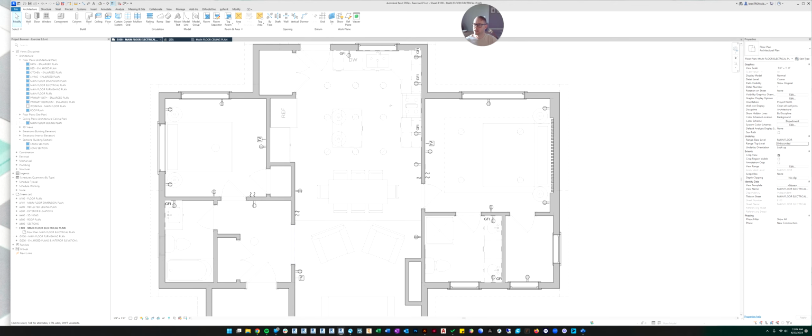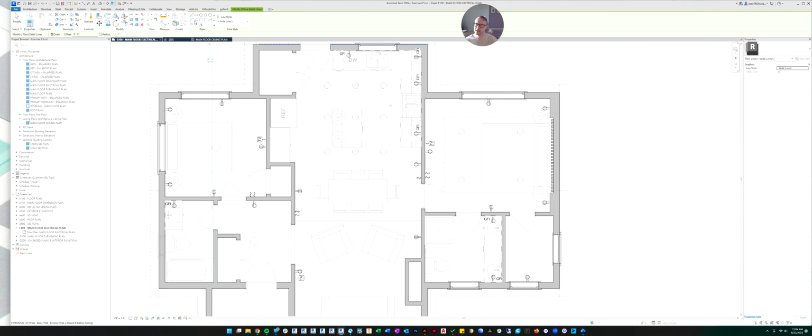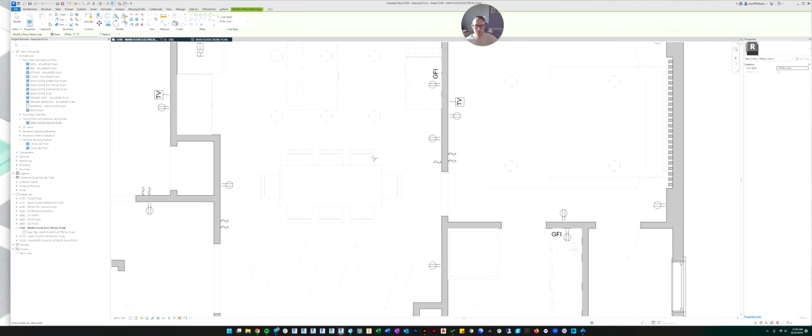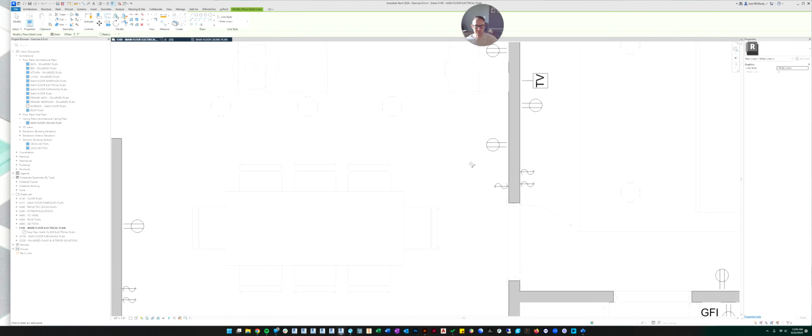Now, wires I do with, if you go to the Annotate tab, I'm just going to use detail lines, and I'm going to click detail. And then you have a couple options. Some people like to use arcs. That's my favorite tool for doing this. I'll show you why. So with an arc line, you just pick the switch, and then you pick your first light, and then you just kind of draw an arc.